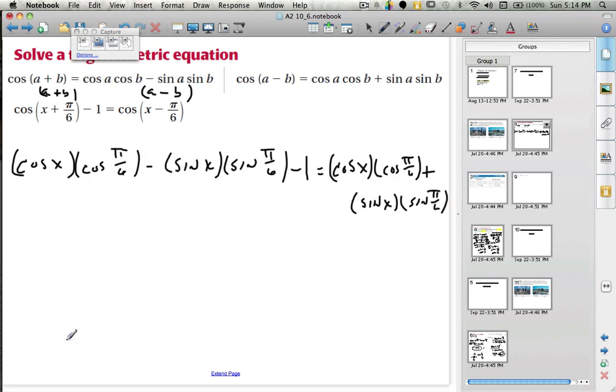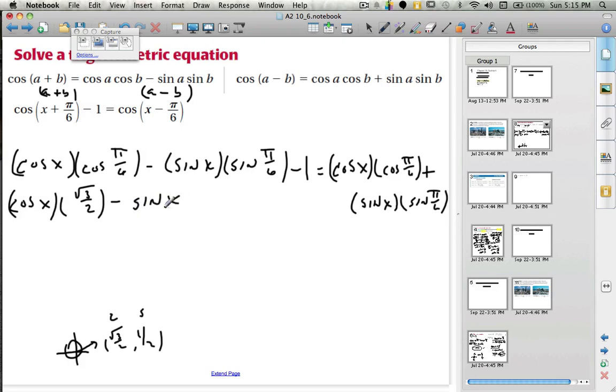Okay, great. So again, thinking about pi over 6, it's right over here. It's 30 degrees. The coordinates off the unit circle are square root of 3 over 2, 1/2. So I know that cosine is this and sine is that. So I'm going to have the cosine of x times the square root of 3 over 2 minus the sine of x times 1/2 minus 1 is equal to